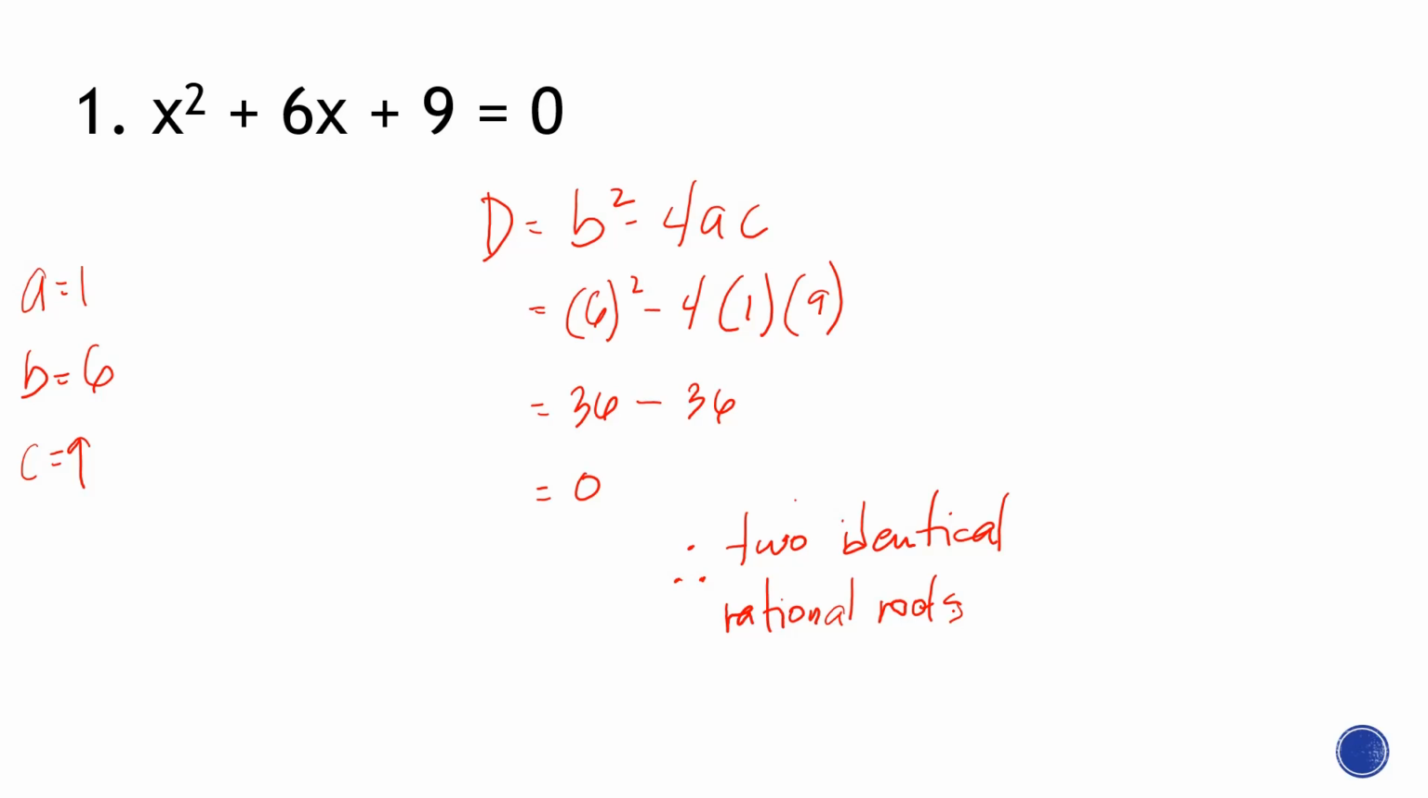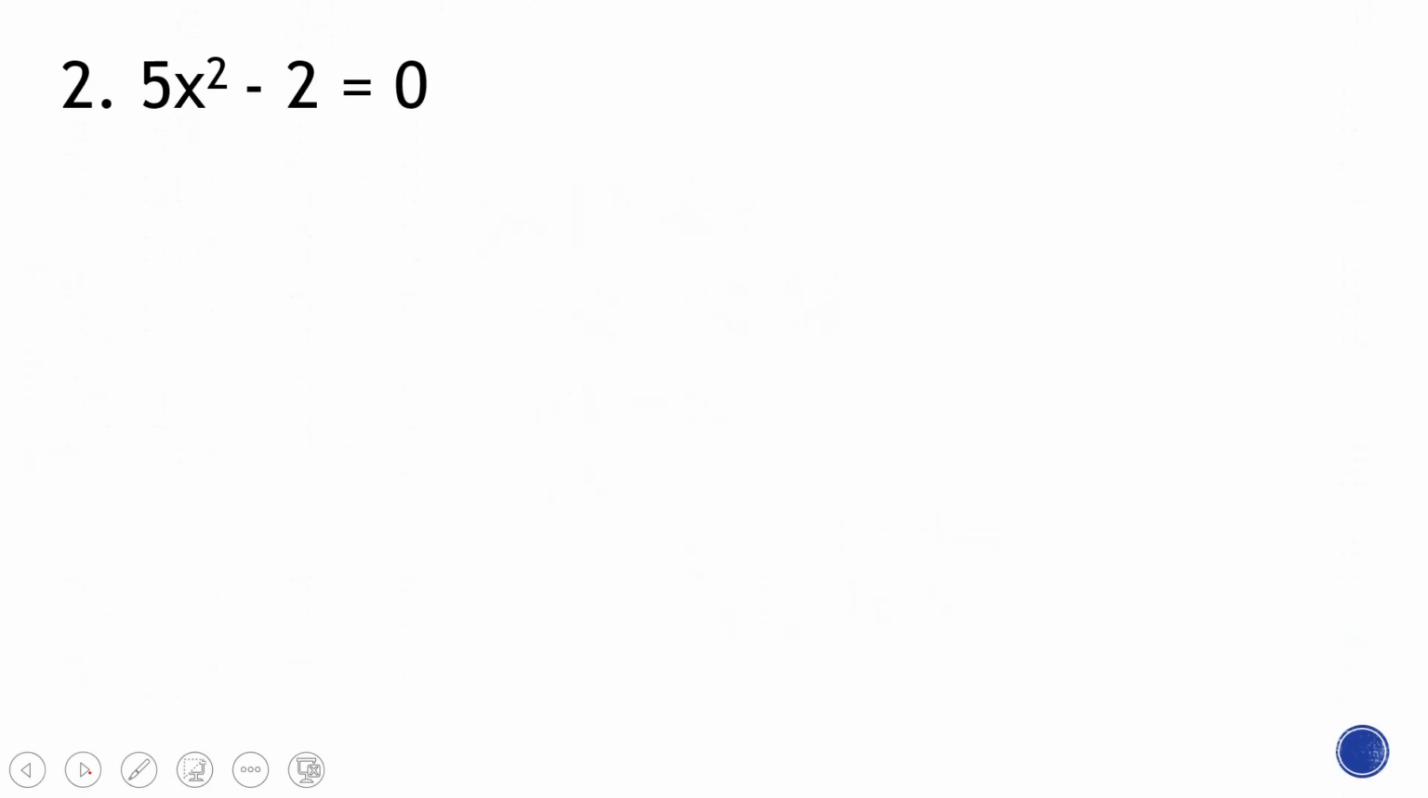Okay, 2 identical rational roots. There you go. Let's go to the next one. Okay, so